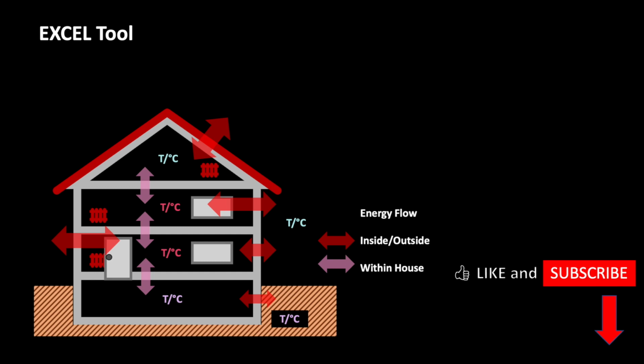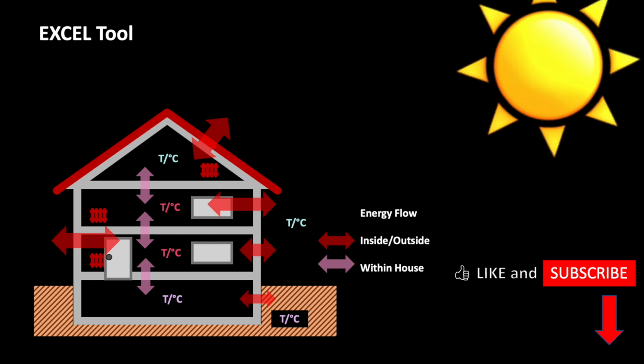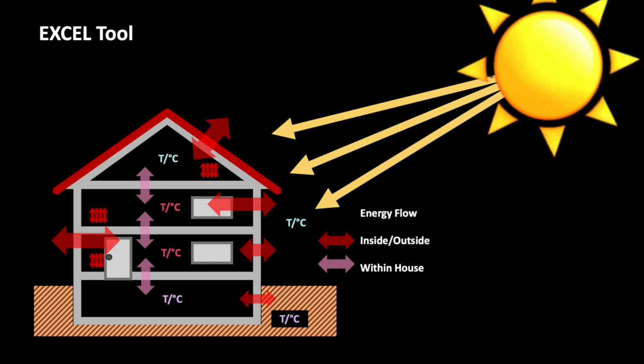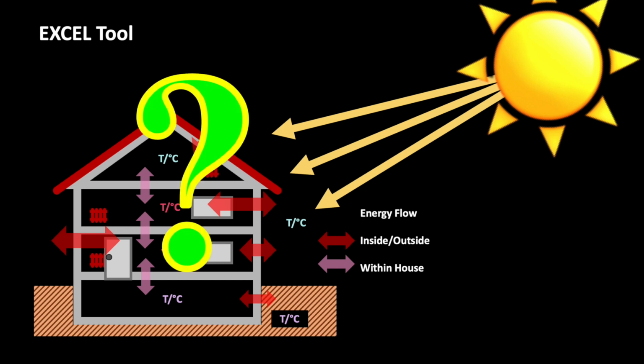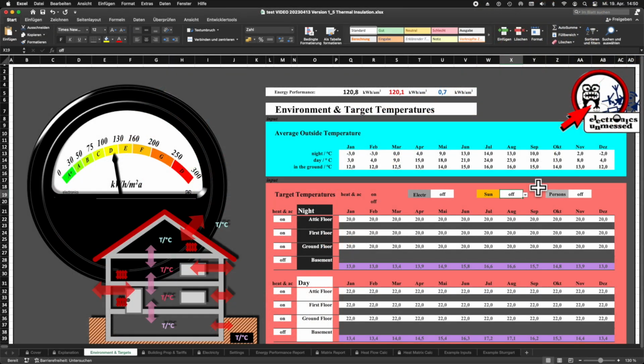The sun has an impact on the energy consumption of a house. With some clever measures, you can even use the sun to save heating energy. Today I want to explain how you can actually predict the energy contribution of the sun. When I first presented the tool, I had already briefly shown this function. You can switch the sun's contribution to our heating on and off using the switch here. In our example here, the sun's contribution would be quite significant.